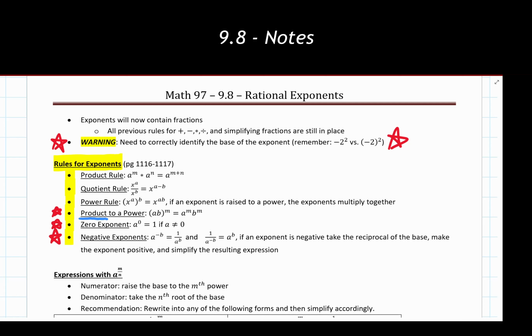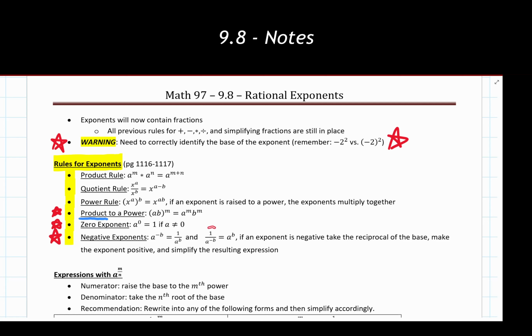All it does is say, where is the base in this fraction? In this case, this a is implied to be over 1. So with the negative exponent, I take the reciprocal of the base, meaning I move this a from the numerator of the fraction into the denominator of the fraction. Once I do that, I make the exponent positive, like we have here, and then I would simplify the resulting expression down as necessary. In this first example, we don't need to do anything after we have moved the a to the b power into the denominator spot.